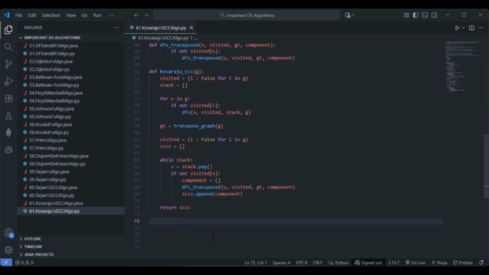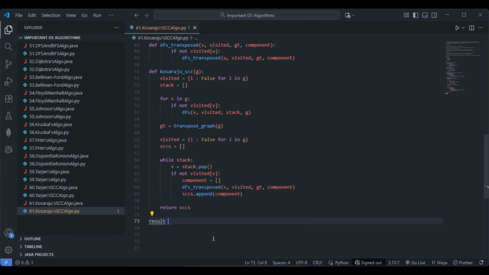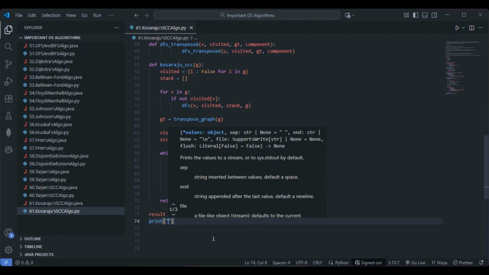So let's run the Kosaraju's algorithm, and I'll just go with here result. So this one has to be the result equals Kosaraju's SCC. This is fine. This is the function. Let me pass graph here. Also, let me print something for the interactive purpose. So I'll just go with, give me a second here,